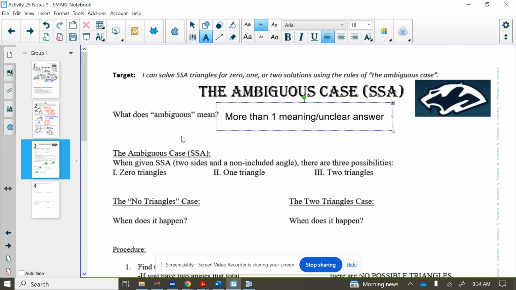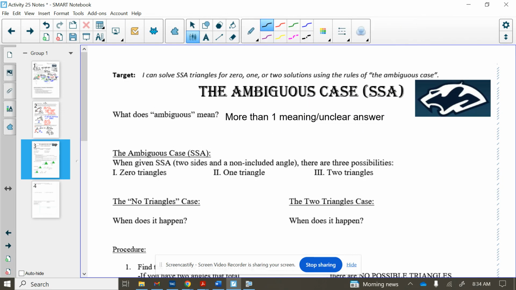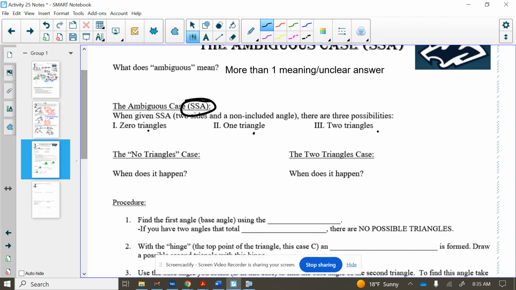So why do we call this the ambiguous case in this particular situation? Well, this is going to happen again when we have a side-side-angle given situation. So we would ordinarily use law of sines to help us find another angle. However, there might be no triangles possible, one triangle possible, or possibly even two potential triangles. So again, a no triangle situation happens when your two angles, the one that you're given and the one that you find, sum up to be